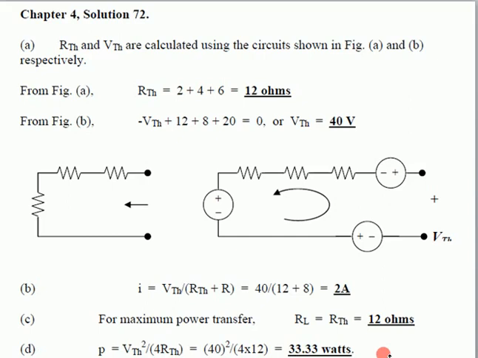So this was all about the maximum power transfer theorem, and in this theorem you have seen that we solved the circuit according to Thevenin theorem. We solved the circuit by using source transformation here. So in this theorem we apply almost all the theorems that we have discussed in this chapter in order to get the value of maximum power. So this was all about the maximum power transfer theorem.